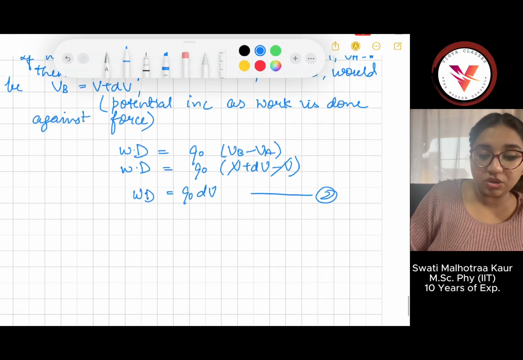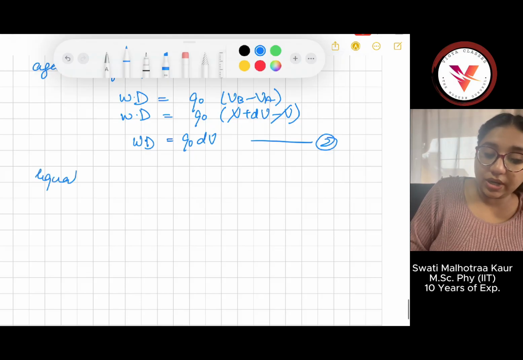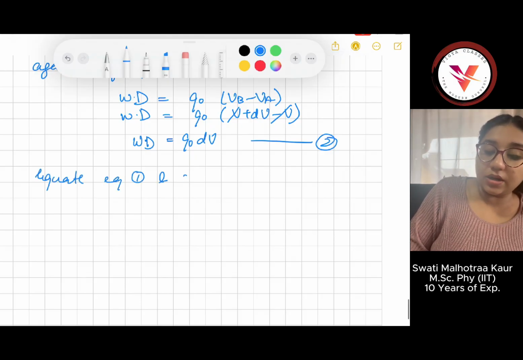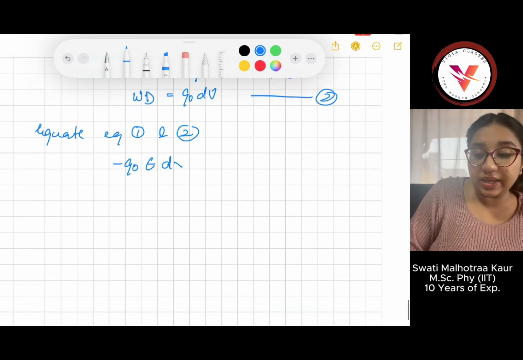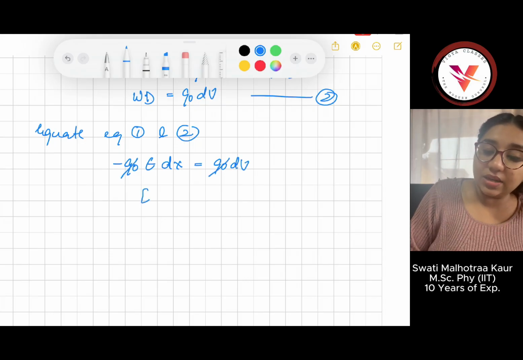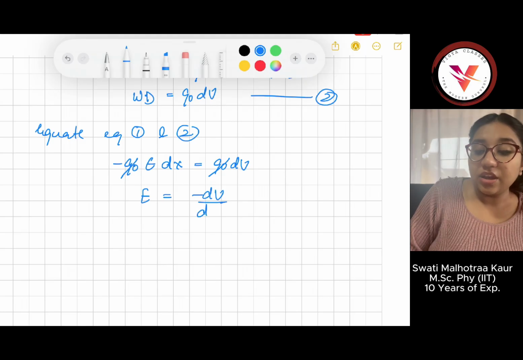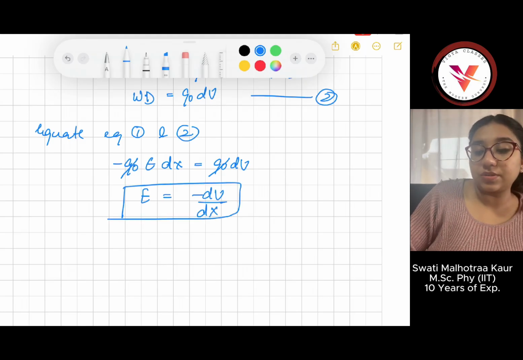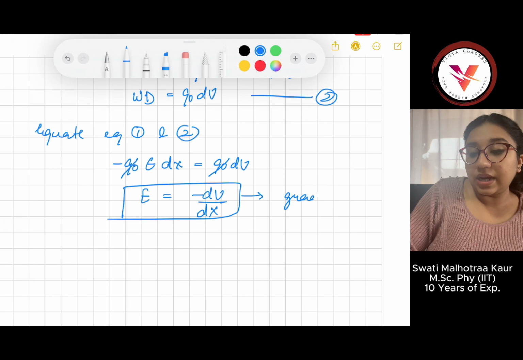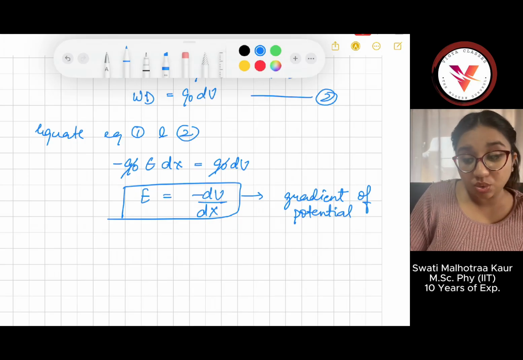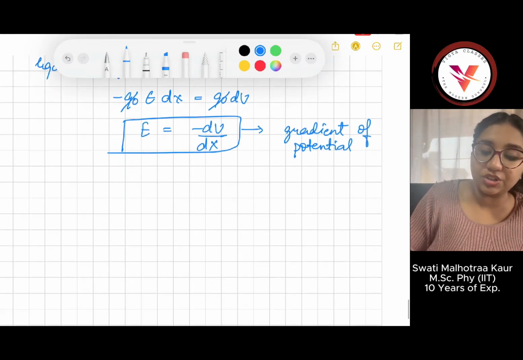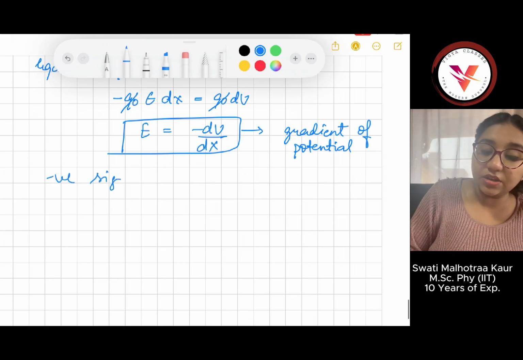Now equate first and second because both are work done. That comes out to be minus Q naught E dx equals Q naught dV. Q naught cancels on both sides, and E comes out to be minus dV by dx. That is the negative gradient of potential. Gradient means change of any physical quantity with respect to distance, and here that physical quantity is potential, and the negative sign shows